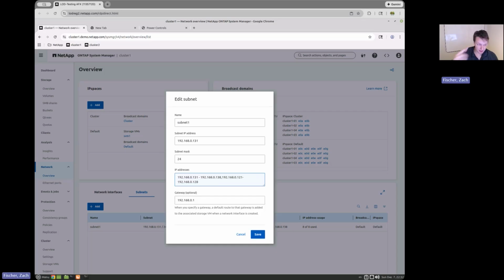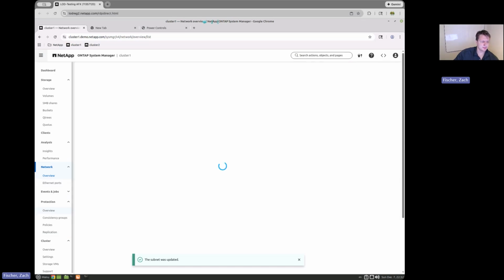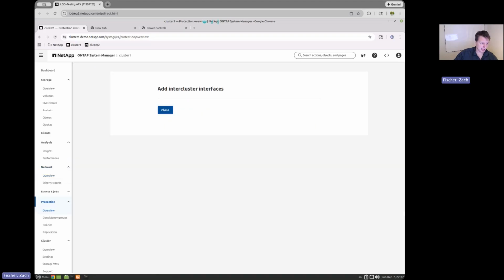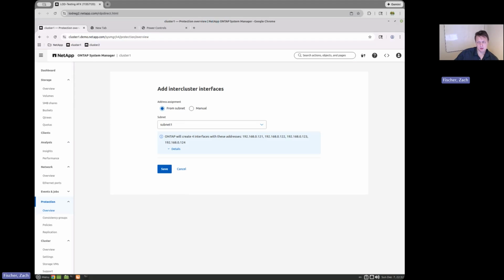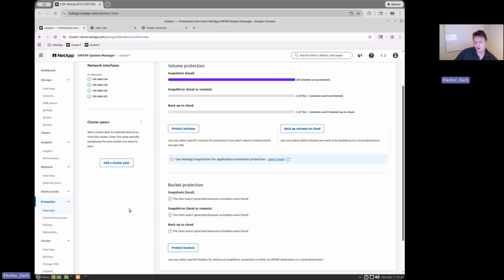And so we're putting in the information for that. And now we're going to go into protection. We're going to add network interfaces. So right now we're setting up some of the intercommunication between multiple clusters. So now we need to add a